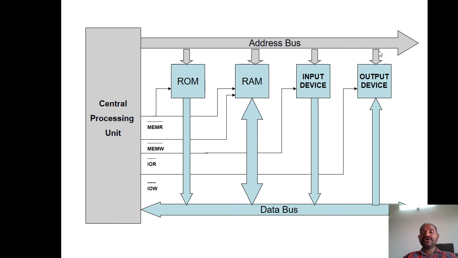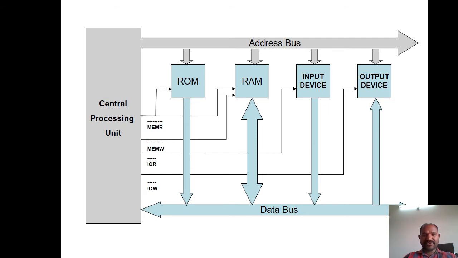Now the question is, which device should accept this particular address inside it? That is going to be decided by the control unit. In our example, we took the concept of reading the data from the ROM. In order to enable the ROM device, or to allow the ROM device to accept this particular address, we should generate the control signal related to the ROM device, which is nothing but the memory read. If you see this, look at that, the memory read signal is generated.